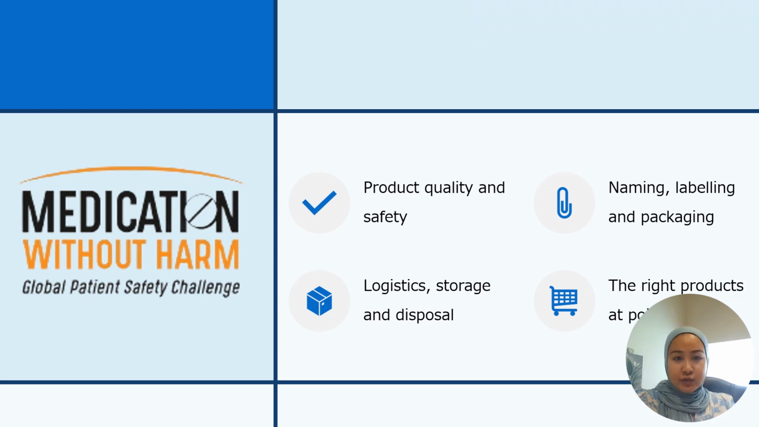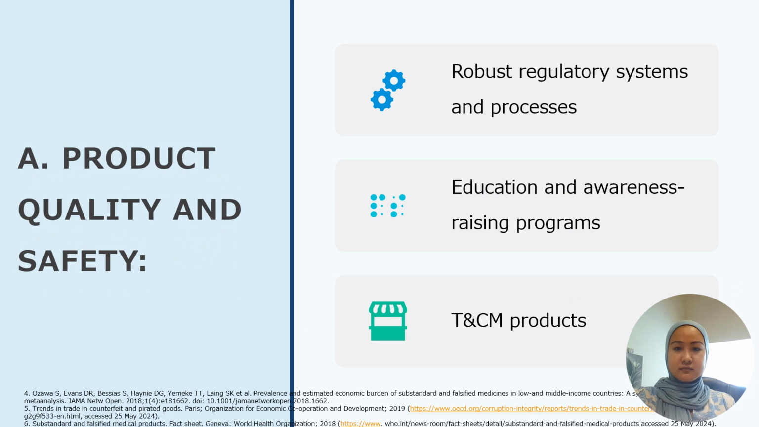In the WHO Global Patient Safety Challenge, Medication Without Harm, they identify 4 domains to guide on medication safety, which are product quality and safety, naming, labeling and packaging, logistics, storage and disposal, and the last one is the right products at the point of care. One of the main causes of medication-related harm globally is substandard medication. Studies have mentioned since a decade ago that implementing a robust regulatory system and process will ensure that procured medications are safe. A well-functioning regulatory system and robust regulatory processes are necessary in order to address the issue of substandard